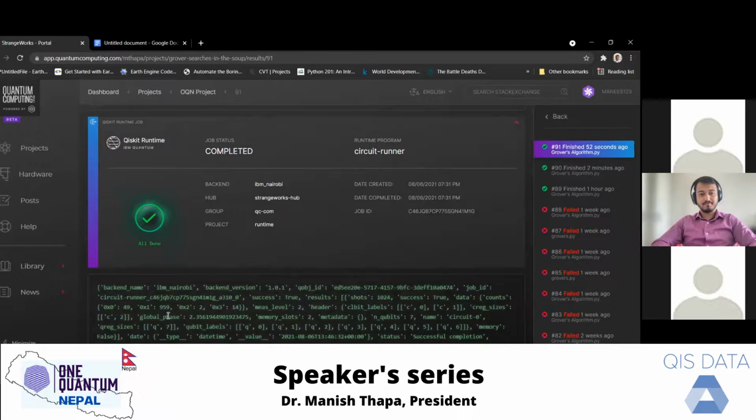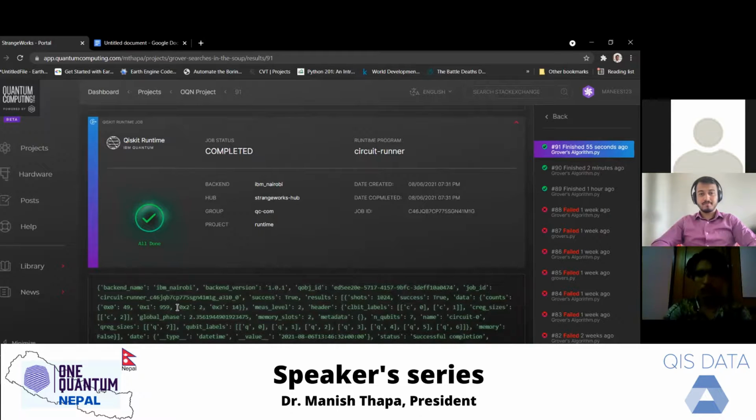So we can see the difference between the simulator and actual hardware. The actual hardware had some error, which is obvious because quantum computers are not so efficient yet as of now, and it goes like this. We have successfully completed our circuit on real quantum hardware, and that is the result of our work. And by saying this, I want to conclude my presentation here. Thank you.